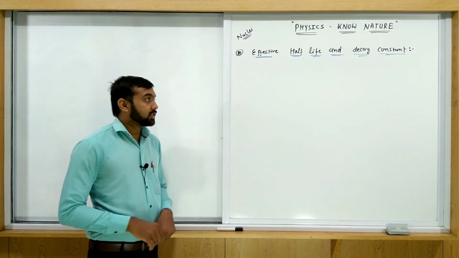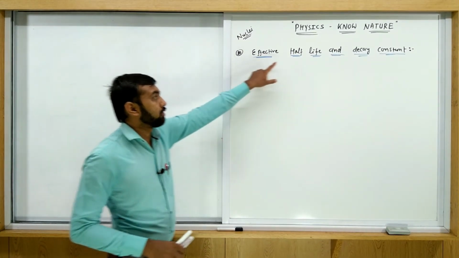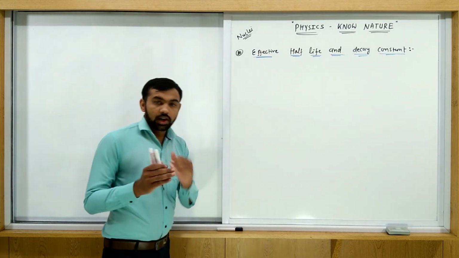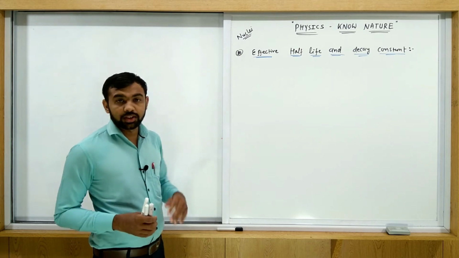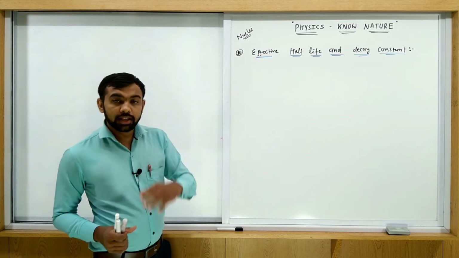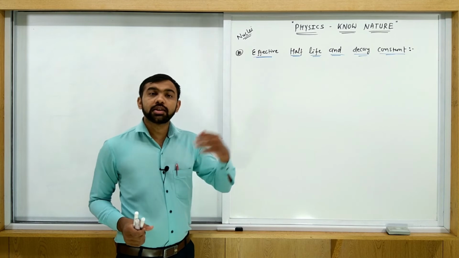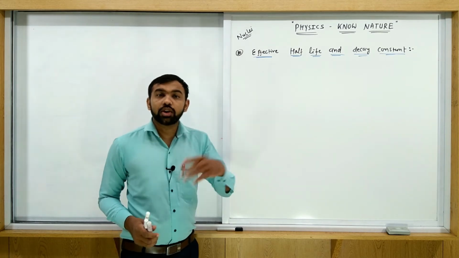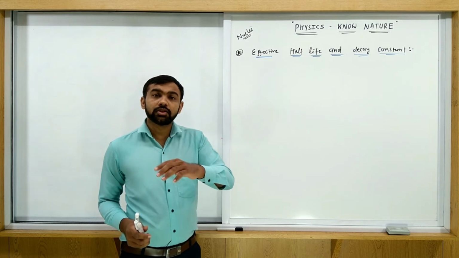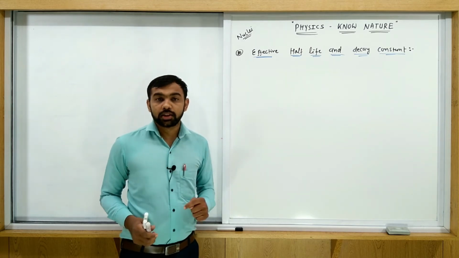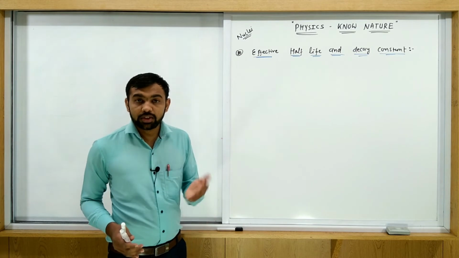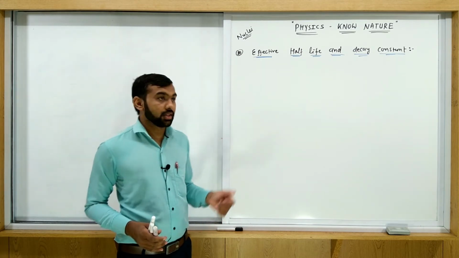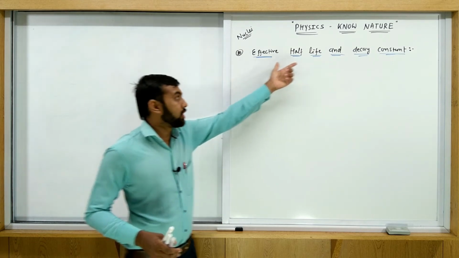Okay guys, let us discuss the next topic, effective half-life and effective decay constant. Up to this lecture we have discussed only that if we have any radioactive substance, it decays into another substance. But this type of radioactivity happens only once, meaning it just decays into one element. If we have some element which decays into two elements simultaneously at the same time, then what happens? Then at that time we have to find the effective half-life.